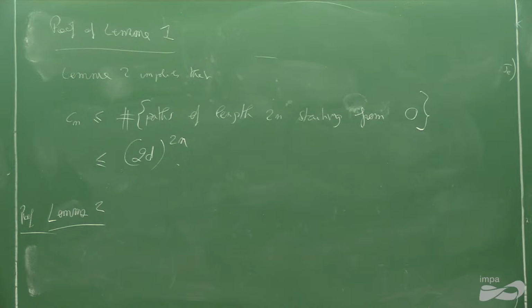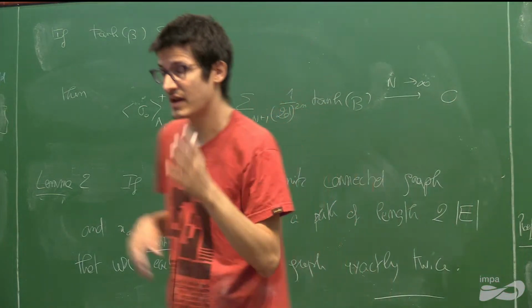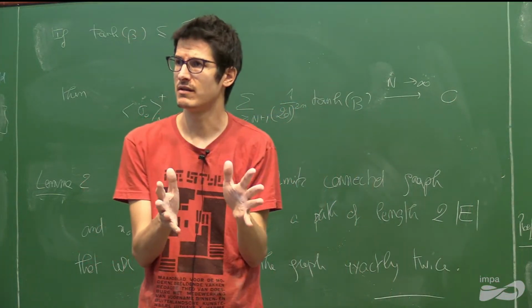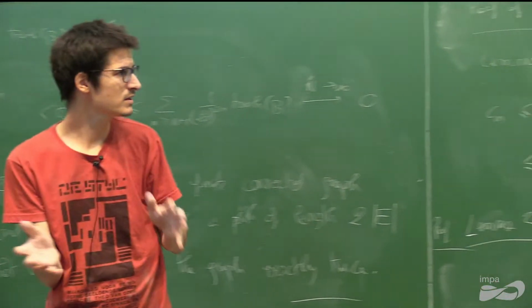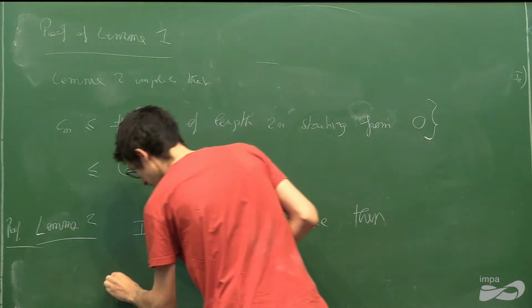Okay, so I'm going to use the following geometric property of trees, which is that you can embed them in a half plane. So if V, E is a tree, so a graph without cycles, then, okay, I can